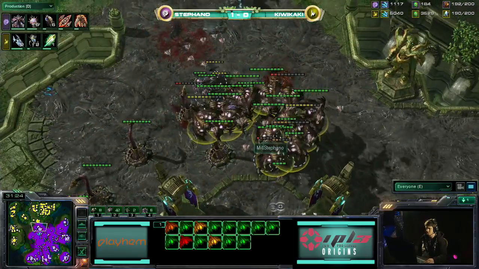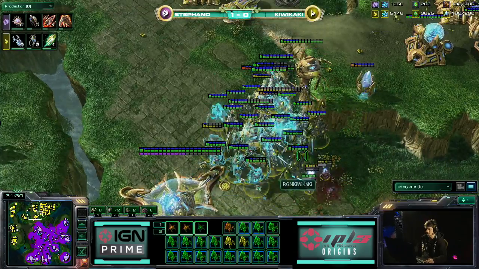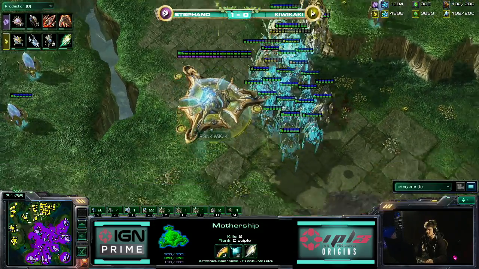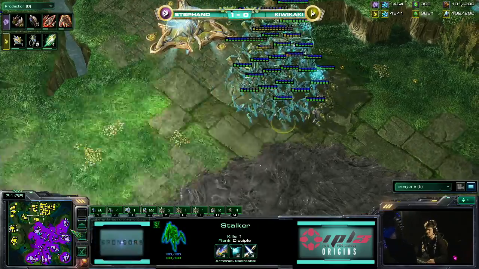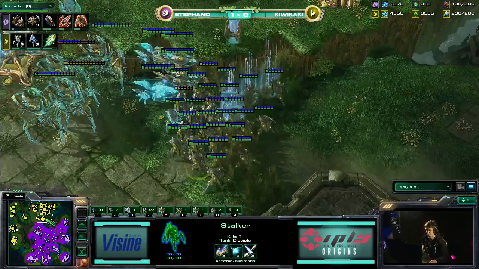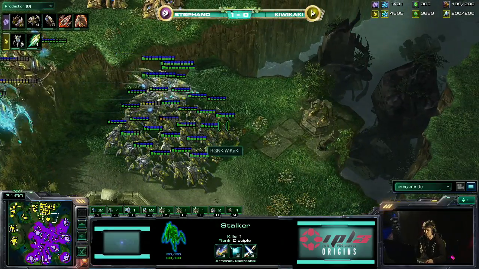And it looks like Stephano is going to make a little bit of a stand, or at least get off a volley and force the units back from KiWiKaKi. All right, decent play right there. KiWiKaKi regains control of that Mothership. It's good that when you can control your own units, it's kind of nice. Yeah, it's true. That's just a pretty good unit, yo. That's true, man. Anyway, so...